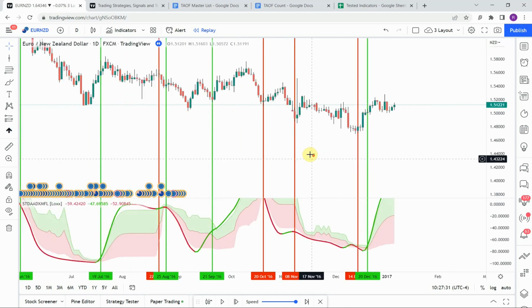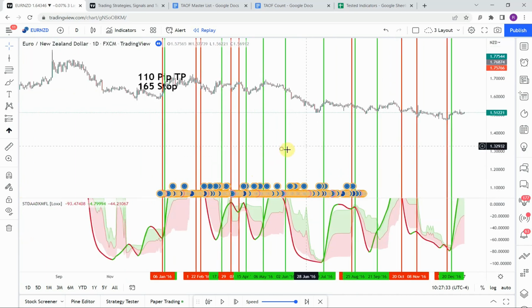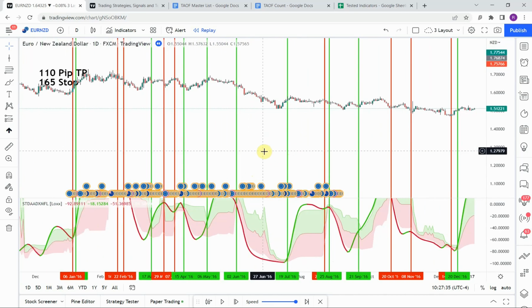All right, so let's go ahead and take a look at our indicator here. It definitely gave us a decent number of trades within the one year's time. Let's go ahead and count it out and see what we have. 1, 2, 3, 4, 5, 6, 7, 8, 9, 10, 11, 12, 13, 14, 15, 16, 17, and 18. So we have 18 trades all together, and we have 1, 2, 3, 4, 5, 6, 7, 8, and 9